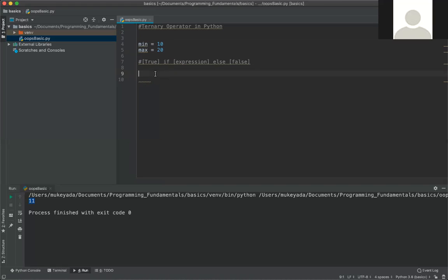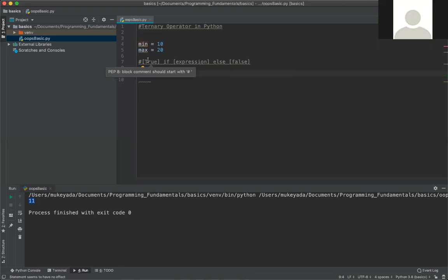Here I need to assign a minimum value to a temp variable based on the condition. So I need to write one ternary condition. First I need to write the minimum. I need to assign the minimum to a different variable based on some condition.